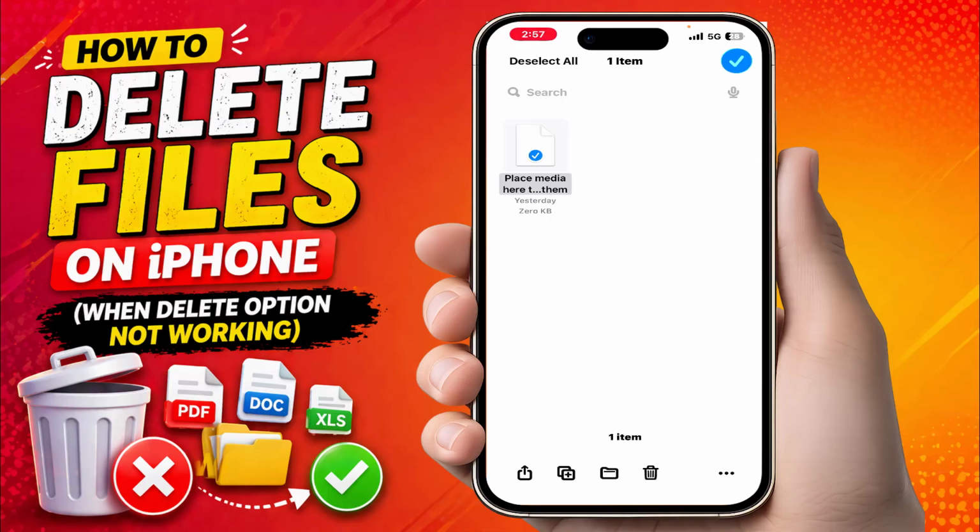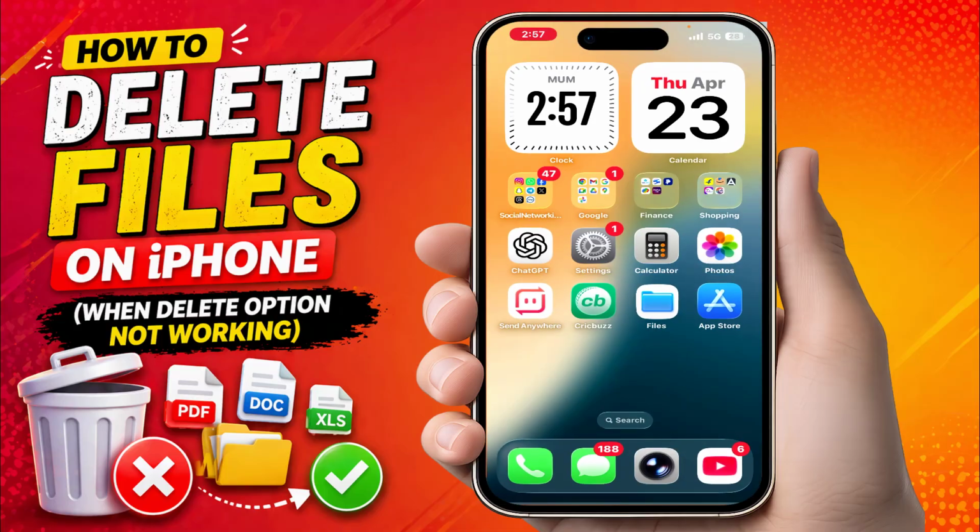If the delete option is still not showing, tap on the three dots and here you can get the delete or move to recycle bin option. Just delete it. If the problem is still the same,